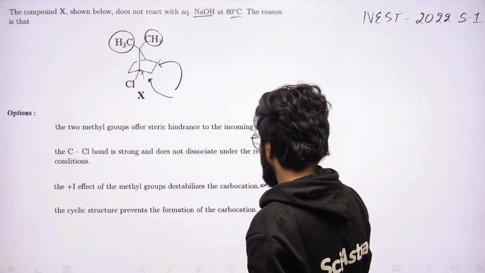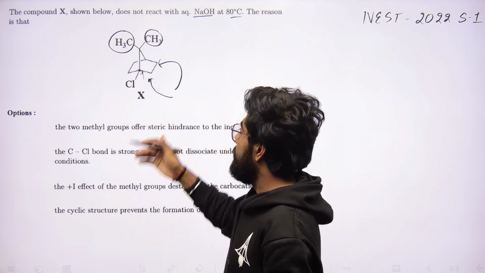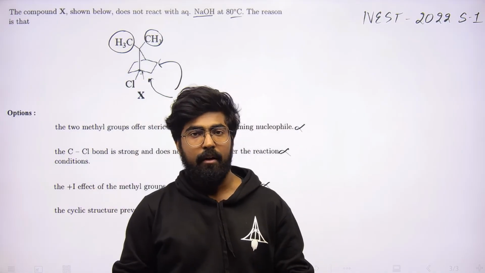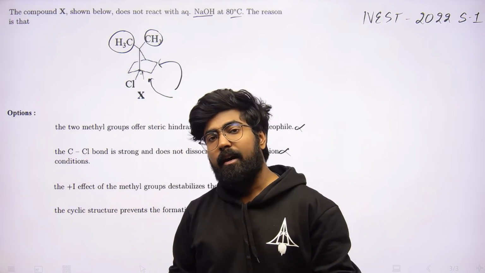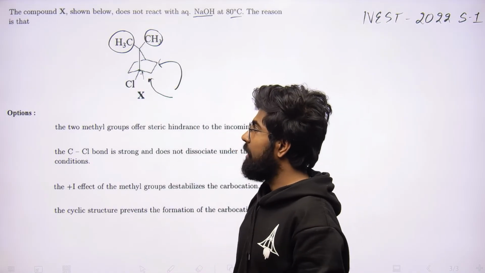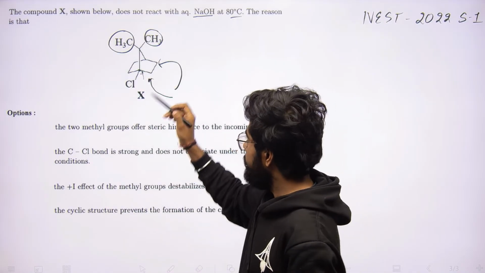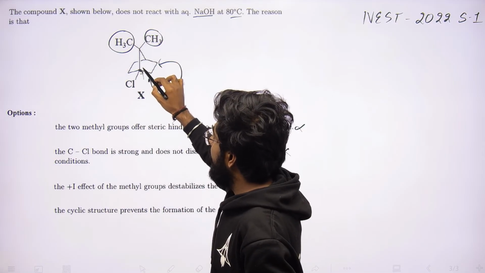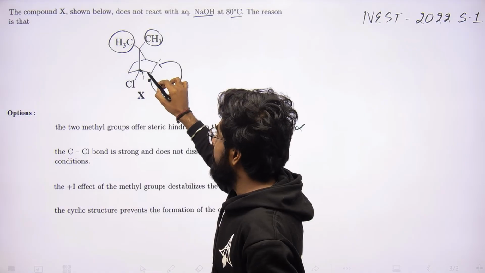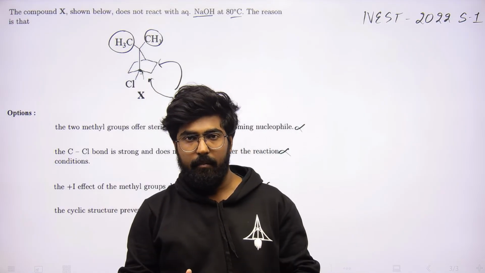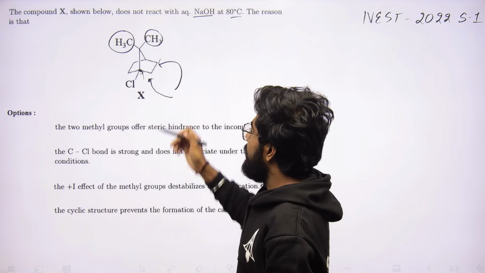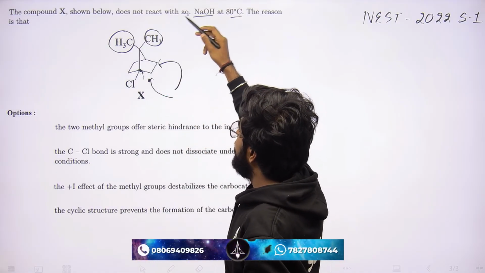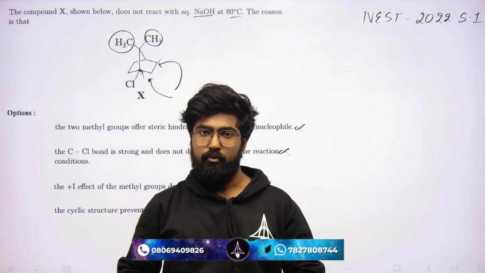The left one is the correct reason, and this particular reason can be attributed to the fact that here we will apply Bredt's rule. According to Bredt's rule, a carbocation or an alkene on the bridgehead carbon is not stable. So basically we can see that this is the bridgehead center, right? Any carbocation or alkene located at a bridgehead is not stable as per Bredt's rule, and that is why this carbocation cannot form here, and OH ions cannot attack here and cause the substitution reaction.